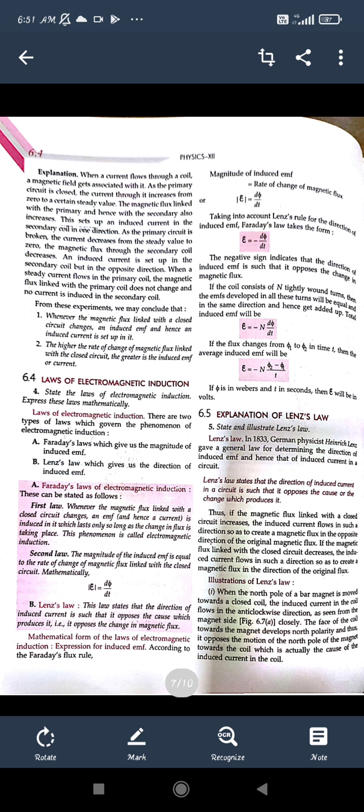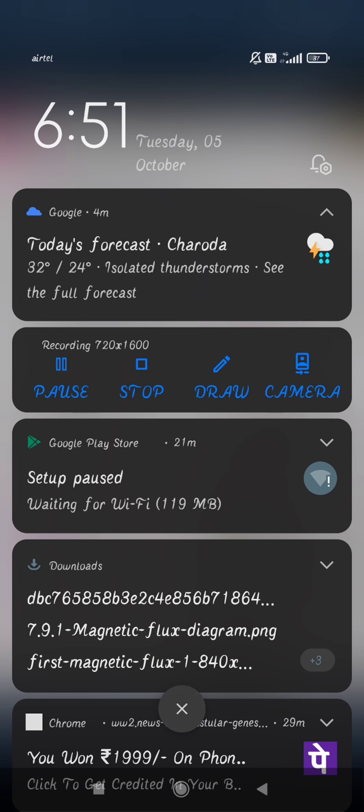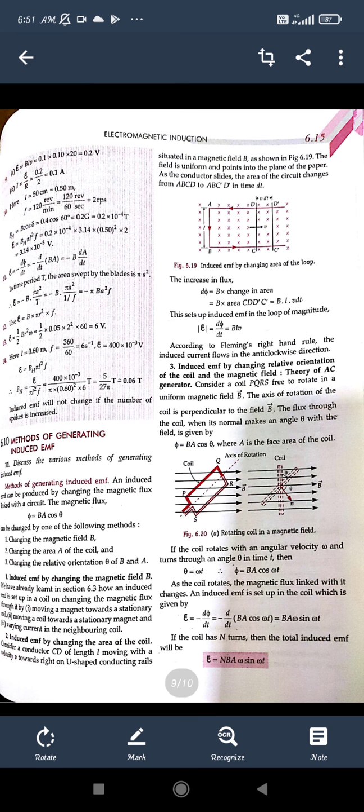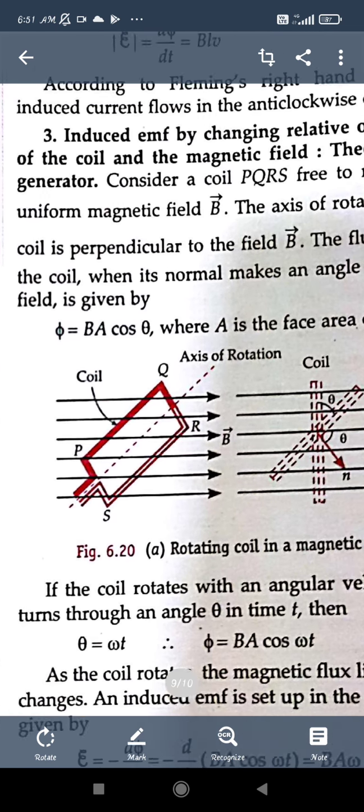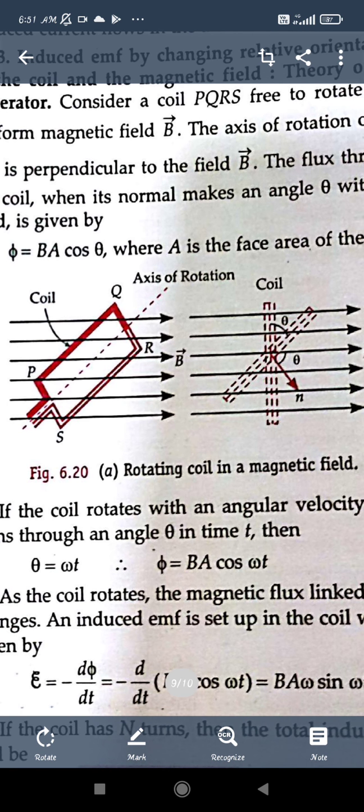In the next class, we will be seeing self-induction and mutual induction, which are due to electromagnetic induction. Here, one more thing you can see: we have talked about generating induced EMF, that whenever the coil tries to move through a magnetic field, some torque will be produced on it, and it will move with an angle theta, so the orientation will change. So this torque is just allowing this rectangular coil to move in the magnetic field.